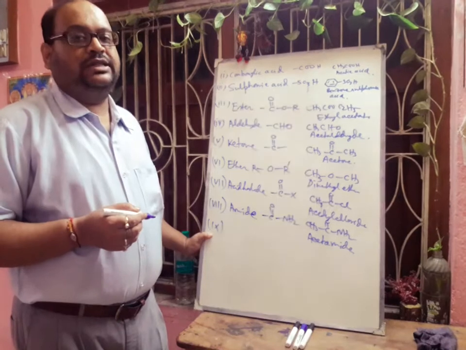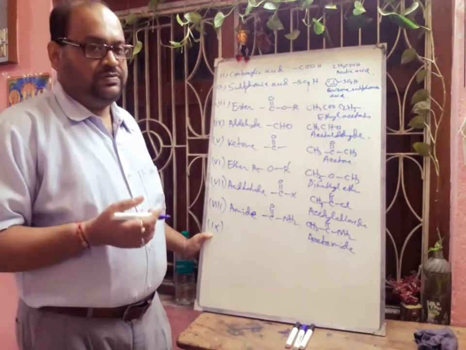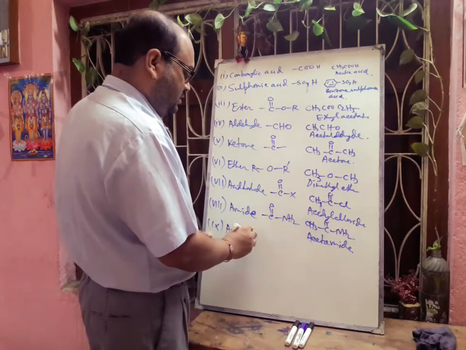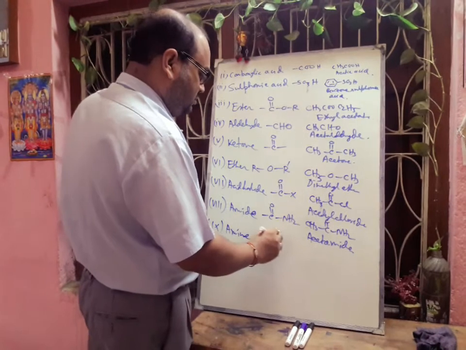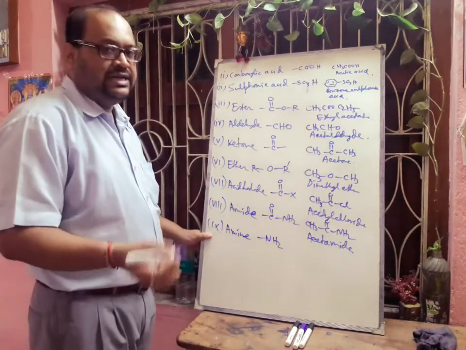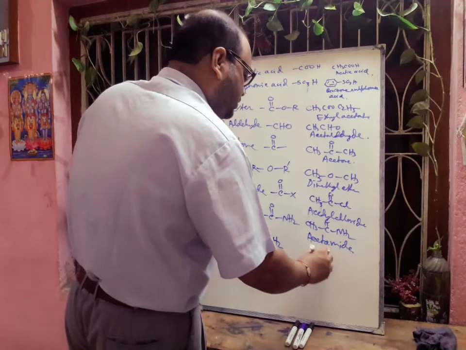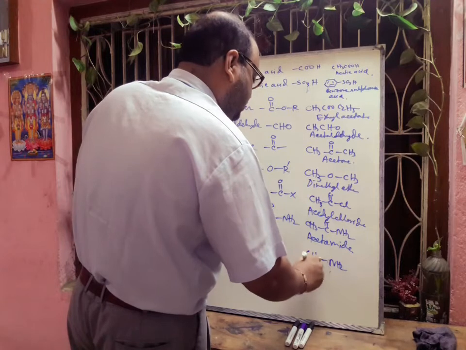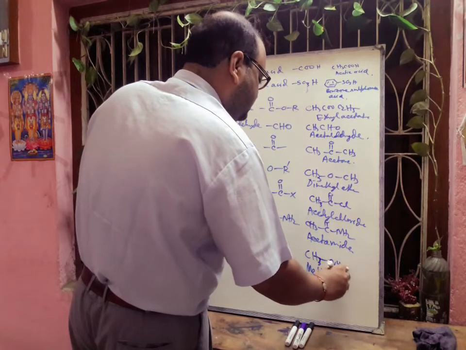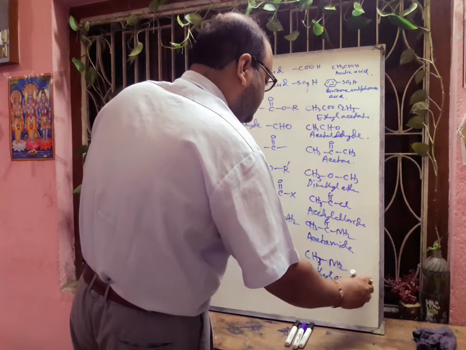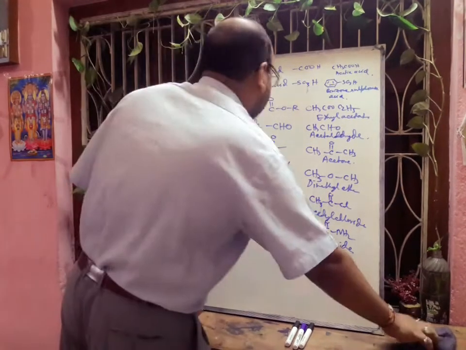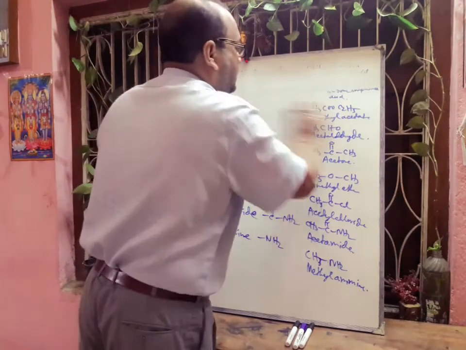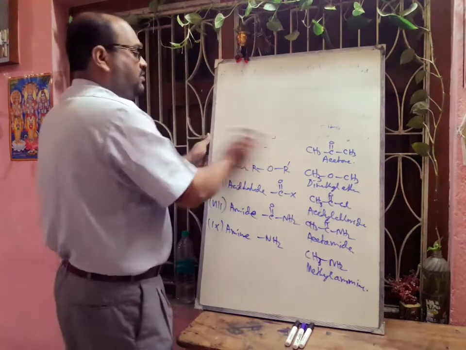Okay. Next we can think that the NH2 group is there. This is the amine group. This amine may be primary, secondary, tertiary, that we will discuss later. So when CH3NH2 is there, this one is called methylamine. So in this way you have to remember the name of the functional group, its formula, and its different types of homologous series members.